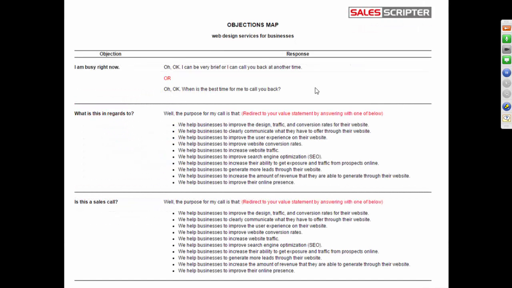I talked a little bit about objections. SalesScripter and our methodology does provide responses for objections. A lot of times, if you're phone prospecting, you're going to get objections of what is this in regards to, especially from a gatekeeper. So instead of responding directly when someone says what is this in regards to, a direct answer would be, "I'm trying to schedule a meeting to see if you guys need what I have, or if you guys are using anything for such and such." That basically is a product selling objection response. That basically communicates, I'm trying to sell a product, right?